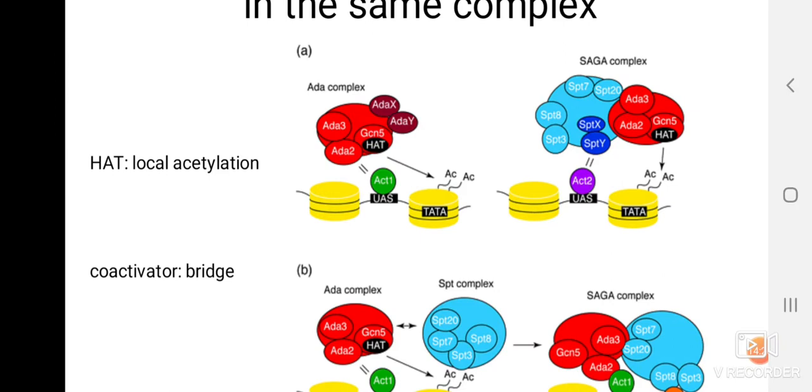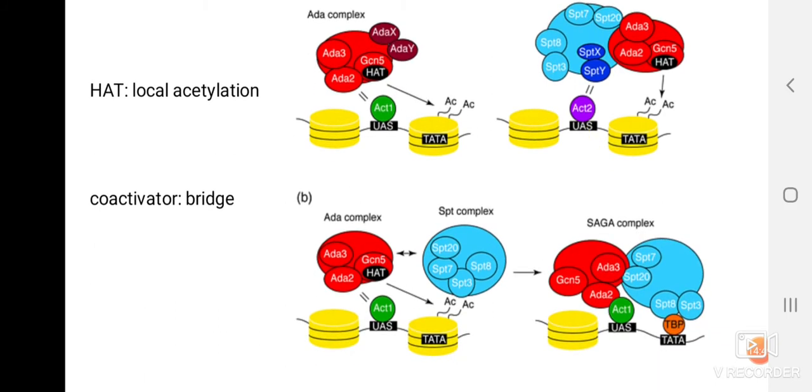The upstream activating sequence region combines with Act1, and then the ADA complex having the GCN5 HAT is involved in the acetylation of the histones carrying the promoter region. There is also the SAGA complex, which is involved in the activation. So here is